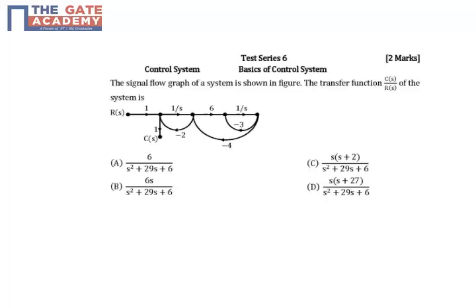In this question, the signal flow graph is given to us and we have to determine the transfer function of the system C(s)/R(s). Now we are going to make use of Mason's gain formula, according to which the transfer function